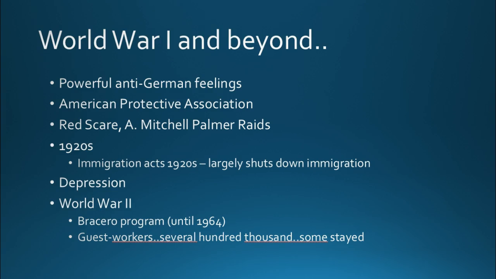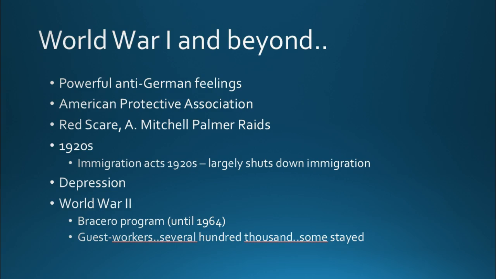Several hundred thousand Mexicans were intentionally brought into the country so that they could work in harvesting vegetables and food on the farms around the country. They were rather terribly treated. There were laws that were supposed to protect them. They were supposed to be given a decent wage. There was supposed to be a bank account set up for them so that when they went back to Mexico, which was the point, they were going to come work for a period of time and then go back, that bank account would be there with their money in it,